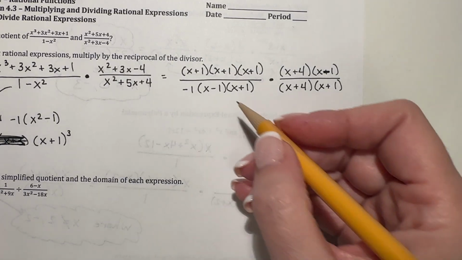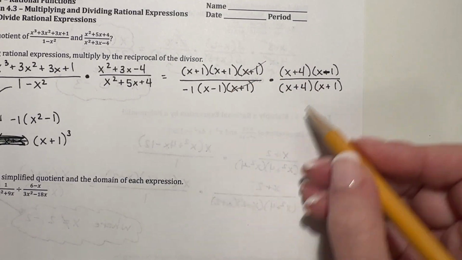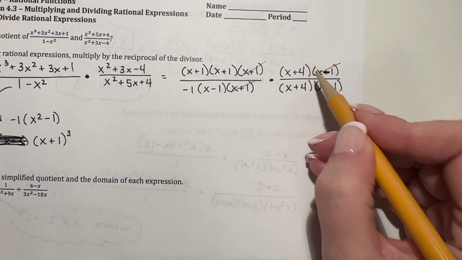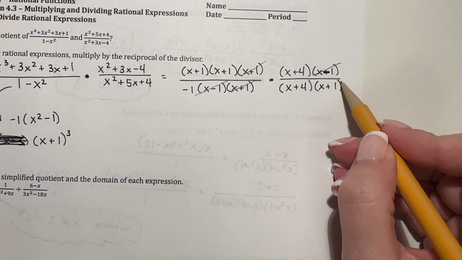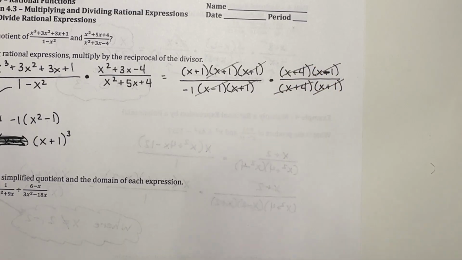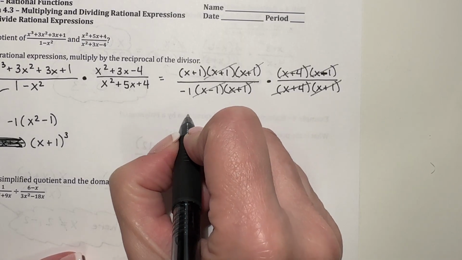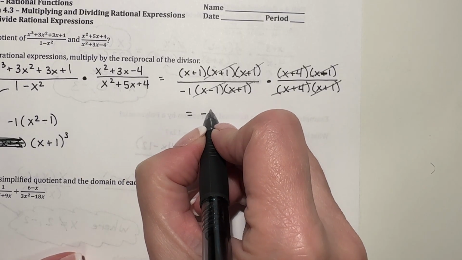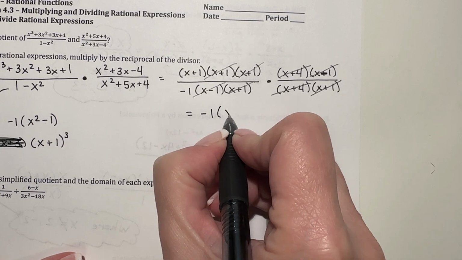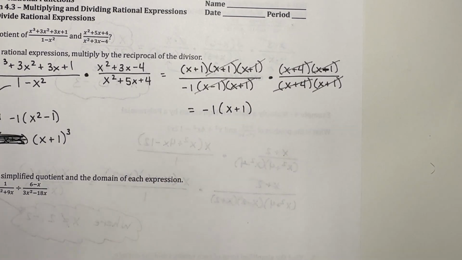Okay, so let's cross some stuff out. This one's very satisfying. I can cross those out. I can cross those out. I can cross this out. I can cross this out. I can cross out a ton of stuff. So that when I'm all finished, all I have left is -1 times x plus 1. Now, for y'all who are saying, but that -1's on the bottom, you know you can transfer a negative up